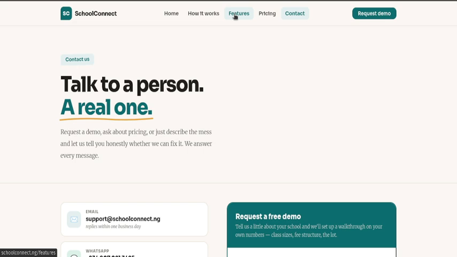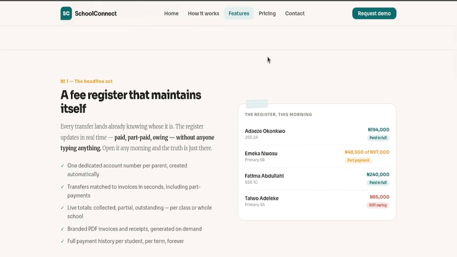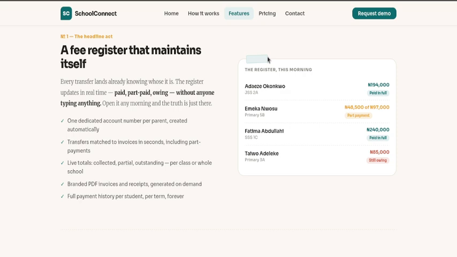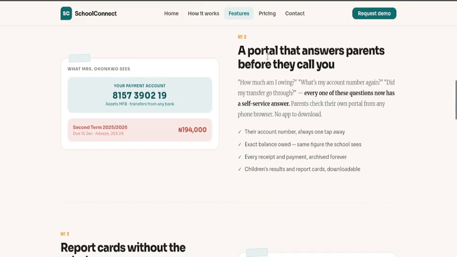Now, just in case you are wondering, School Connect is not just a school collections and reconciliation application. We're actually a full school management software, and so we deal with other things. If you go through our websites, you will find that the main thing we push and sell is the fees collections and reconciliations. But beyond that, every parent gets a portal where they can see everything concerning their children. So they can see how much they have paid, and if they have anything left to be paid, they can see how much is left.